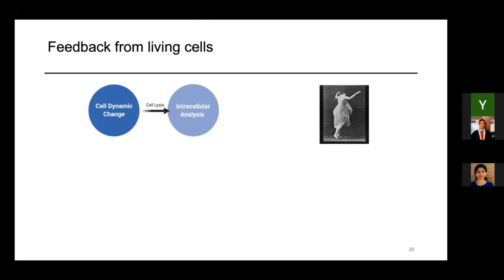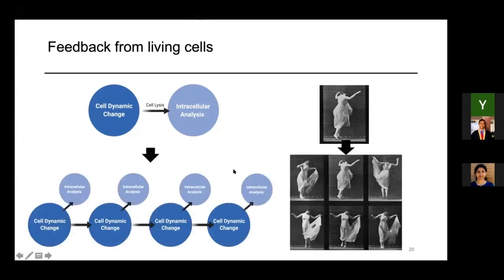This is more like taking a picture of a person. If you look at the snapshot of the person, you cannot really predict what the person is doing, right? So in order to accurately monitor the cell and understand the cell behavior over time, what we really want to do is to take a movie of the same cell over time. That means that we cannot kill the cell for analysis, and we need a system to allow us to do the living cell biopsy.